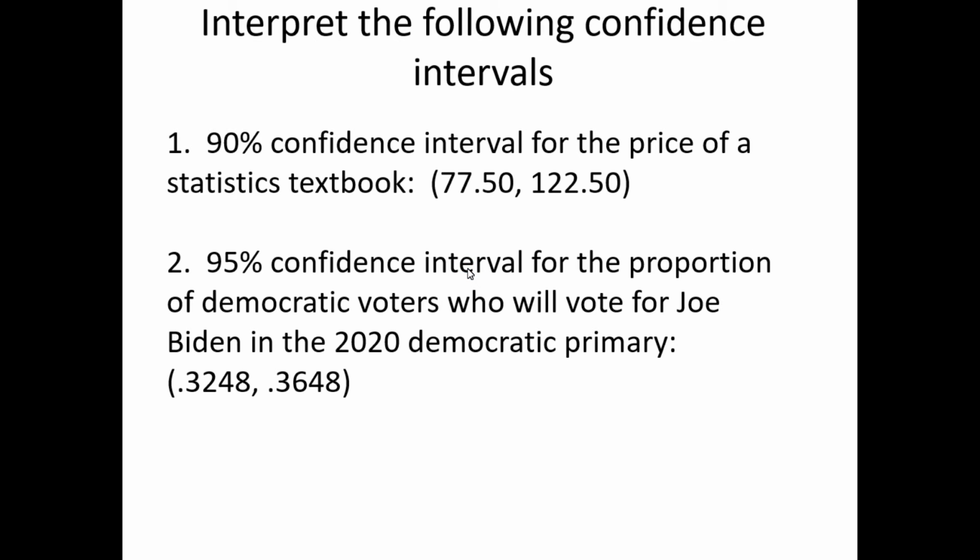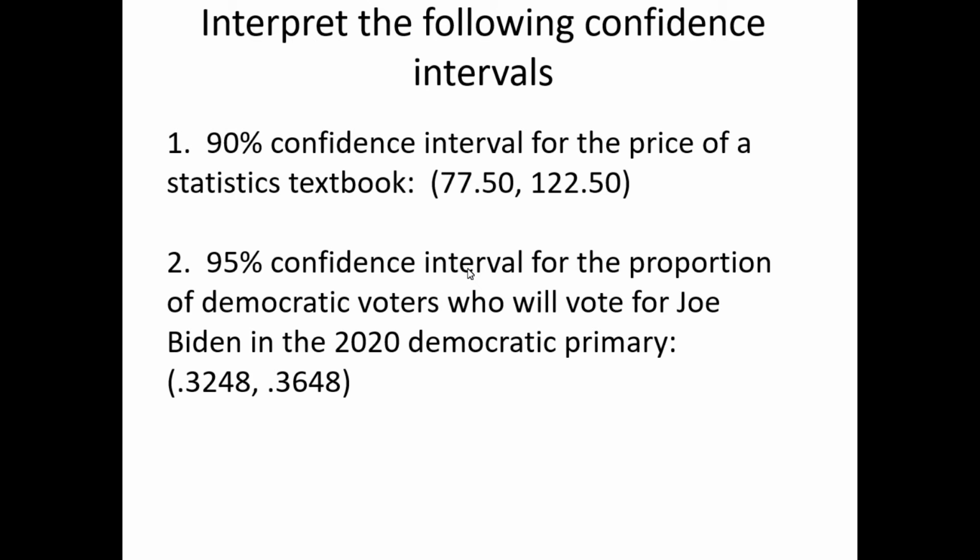So, interpret the following confidence intervals. 90% confidence interval for the price of a statistics textbook, $77.50 to $122.50. 95% confidence interval for the proportion of Democratic voters who will vote for Joe Biden in the 2020 Democratic primary, 0.3248, 0.3648. So what I'm going to do is I'm going to do the first one for you word for word, as you should write it in your notes, and then have you guys get a chance to try and